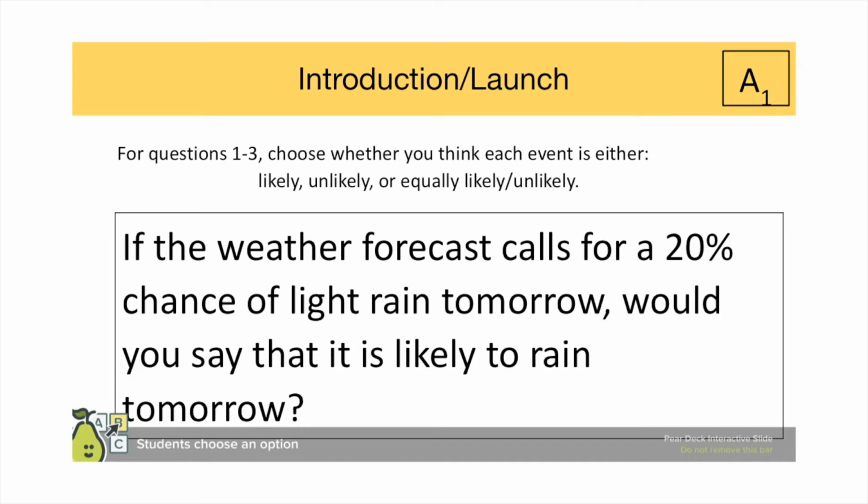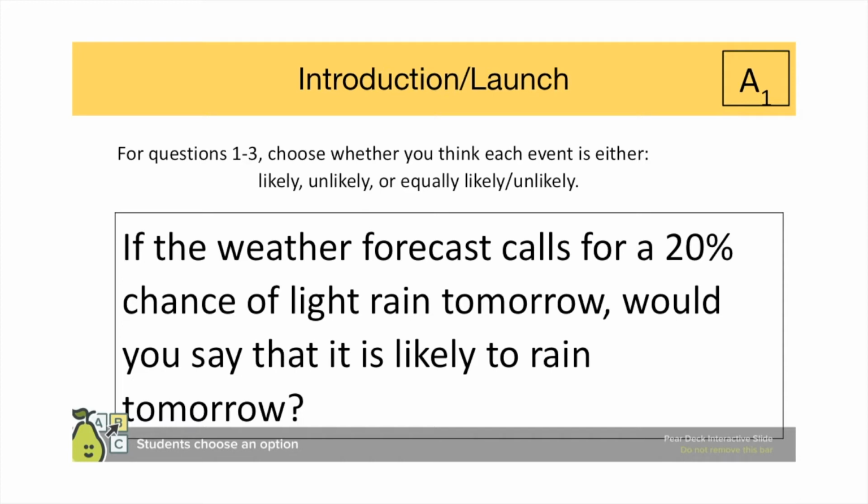To provide students with disability support and give them conceptual processing, you can review an image or video of weather forecasts in order to activate prior knowledge of the context of the problem. Additionally, as shown in this video, I've converted this Pear Deck slide into 3 separate slides, and to make it go quickly and analyze what students know about likelihood, I made them each into Pear Deck choice slides, so that they can quickly choose a response, and then we can have the discussion piece right after we see what other